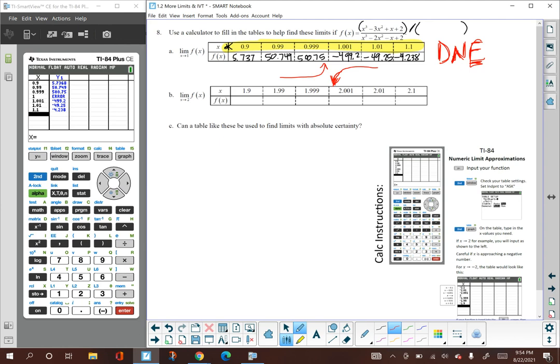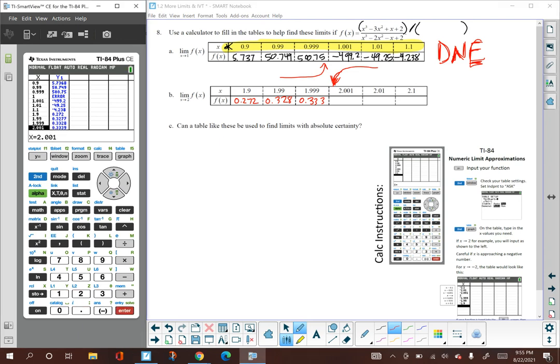Okay, same function, thankfully, so we don't have to retype it in. I can just keep going down my list. Now we want to look at the limit as x approaches 2. So I'm going to put in 1.9. That gives me 0.272. Now 1.99, so getting closer to 2, 0.328, and 1.999, 0.333. And then on the other side of 2,